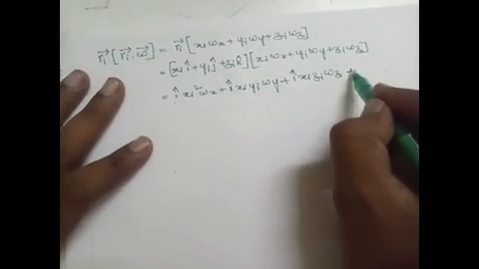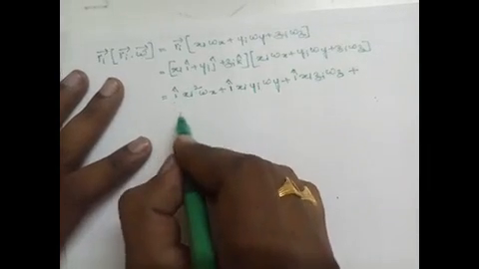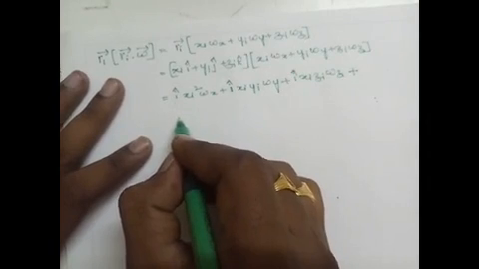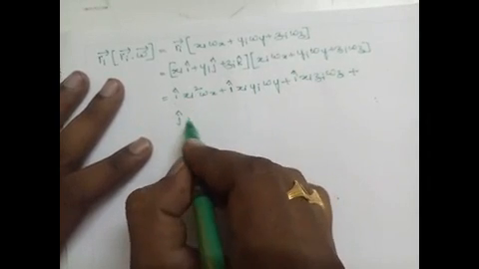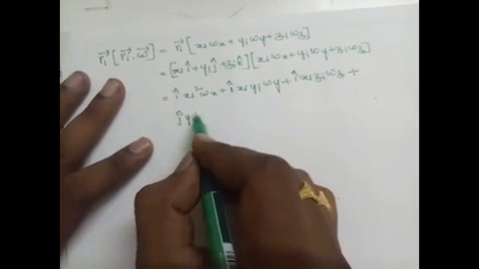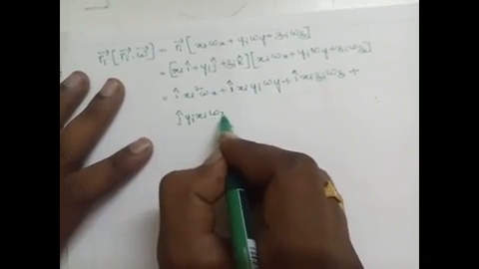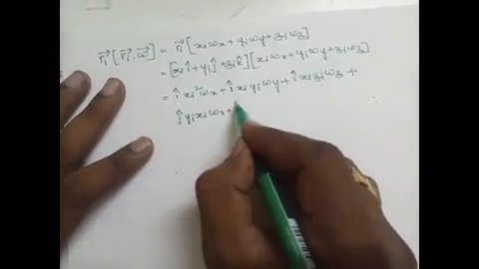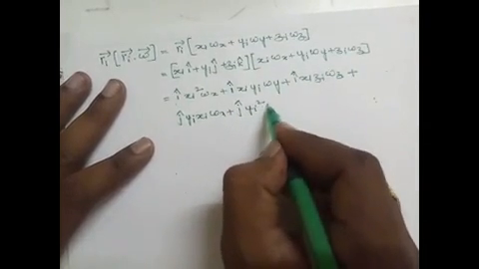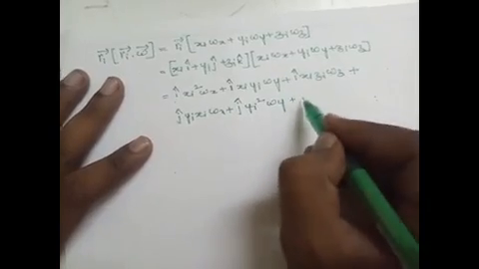Plus, multiply with this term: j cap, so we get yi xi omega x, plus j cap into yi square omega y, plus j cap into